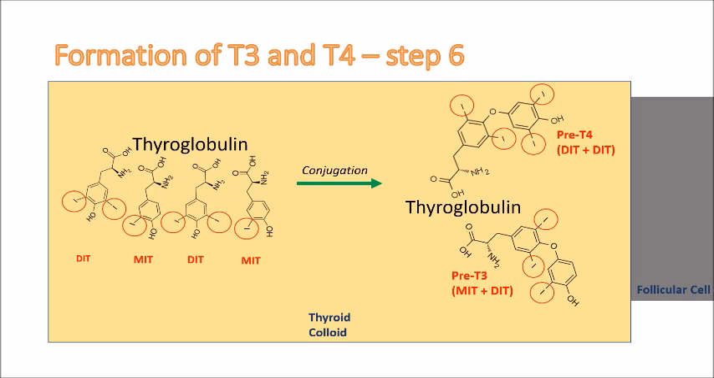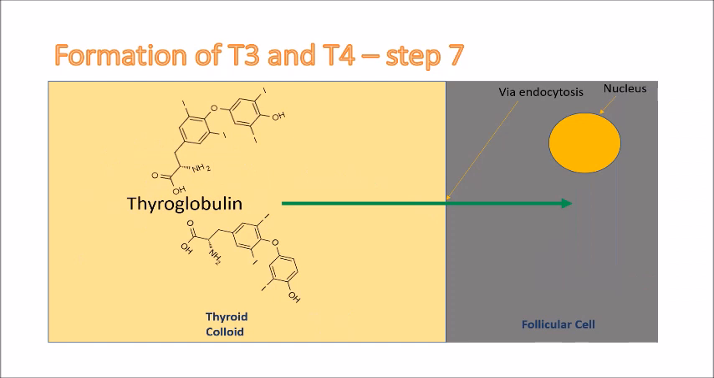Now, as you can see, these are essentially T3 and T4. The only difference is they're bound to the thyroglobulin. So obviously there's going to be a step where the thyroglobulin is separated from these tyrosine residues which have reacted with iodine and come together to form pre-T3 and pre-T4. The thyroglobulin containing the pre-T3 and pre-T4 enters back into the follicular cell via endocytosis, where one of